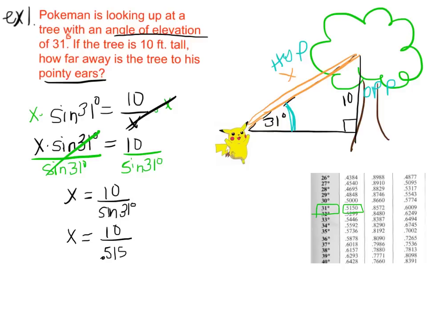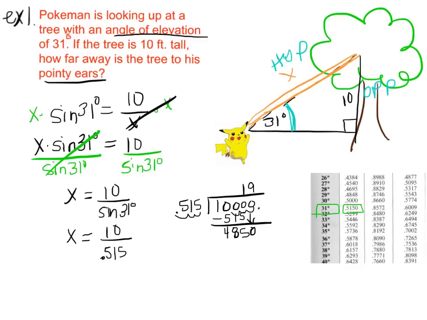Now if there's a 0 as the last number, you don't need to write it. That means that when I do my division of 10 divided by 0.515, I have one less decimal to worry about. 1, 2, 3. So now I'm just asking myself, how many times does 515 fit into 10,000? Now I know that 515 fits into 1,000 one time. So that's 515. I subtract, and I get 485 when I bring down my 0. 515 fits into